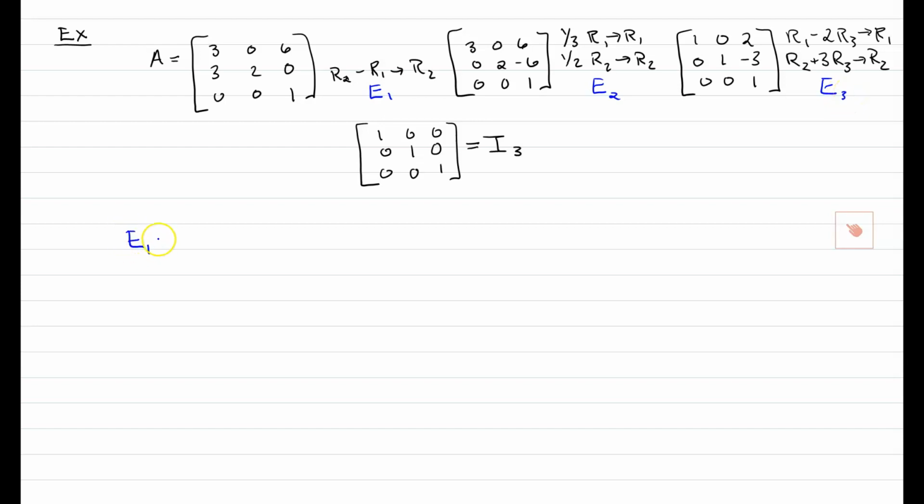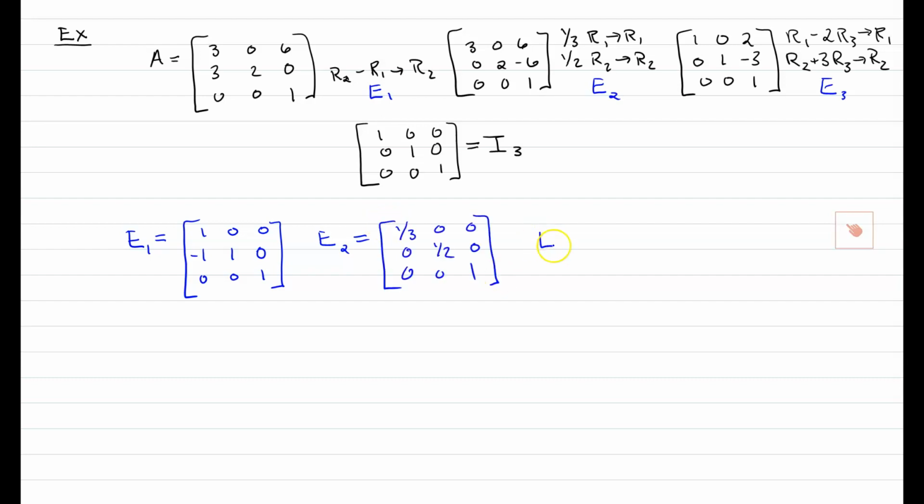So in this case, E1 would be the matrix that takes the difference between row 2 and row 1 and puts it into row 2. And E2 is the matrix that scales row 1 and row 2 by a half and a third. And finally, E3 is this matrix that subtracts 2 times row 3 from row 1 and adds 3 times row 3 to row 2. Okay, so these are our 3 elementary matrices, and from the idea we were talking about before,